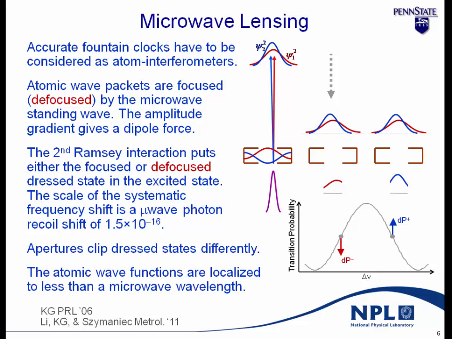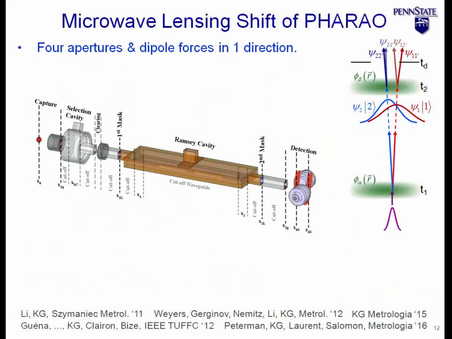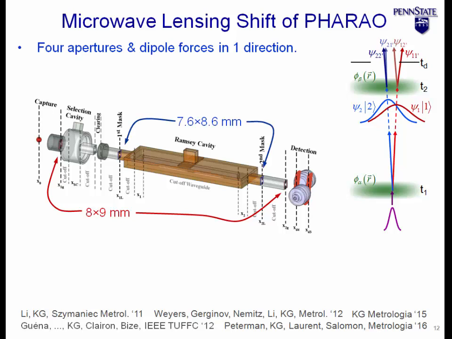And so it's all about the apertures, and here the important thing is that the atomic wave functions are localized to less than a microwave wavelength, and so it doesn't act like recoil shifts, but the apertures play a key role, and it acts like lensing. So in PHARAO, there's 4 apertures. So we have apertures at the beginning and the end, and then due to those divergent fields by the entrance and exit of the cavity, smaller masks were added late in the game, and those are about 400 microns smaller